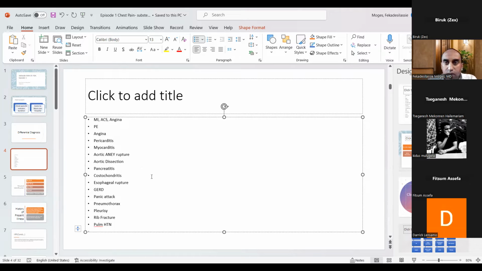So I am going to pause here and invite you guys to dwell a little bit and give me the rationale why you are thinking this way. So MI, whoever has said one of these, can you elaborate on this one? Why do you consider MI and angina for a 62-year-old male patient with substernal chest pain of 20 minutes duration? Why did this differential diagnosis cross your mind?